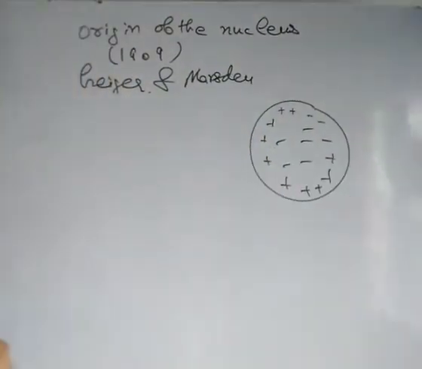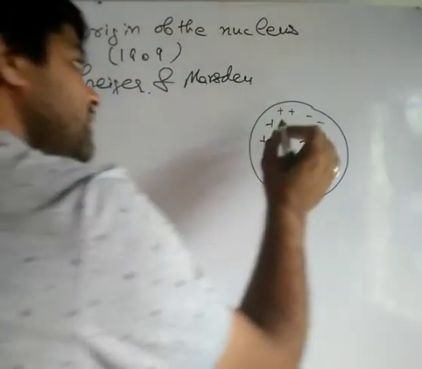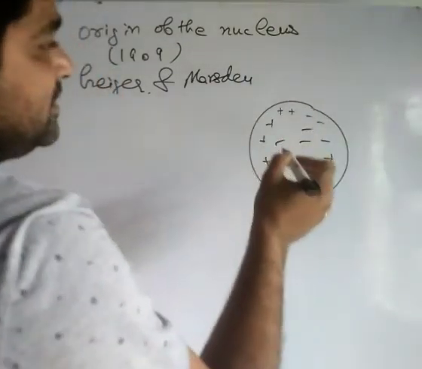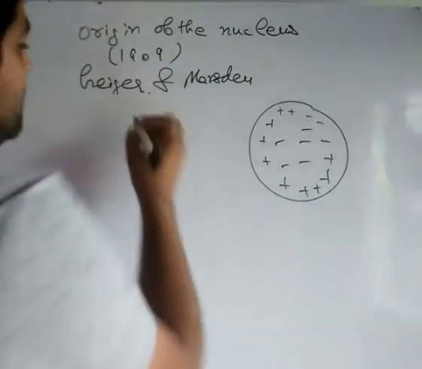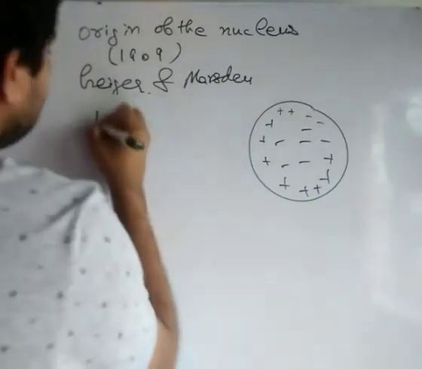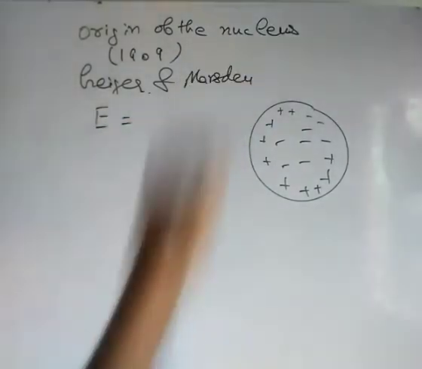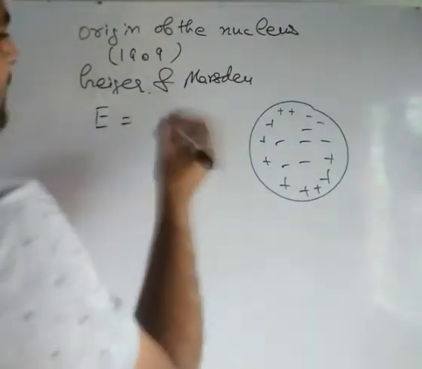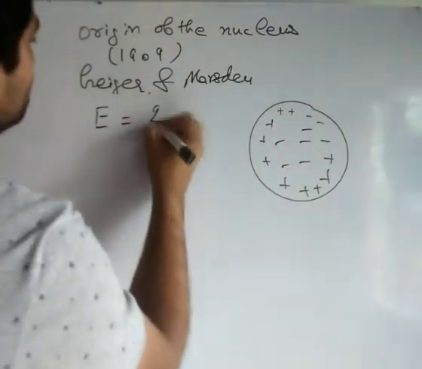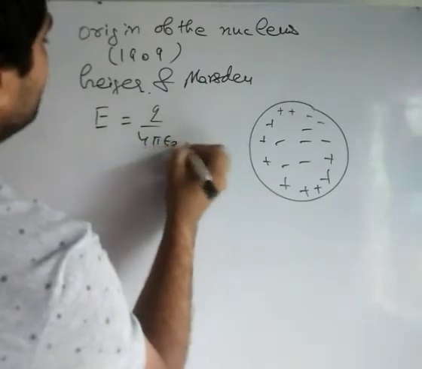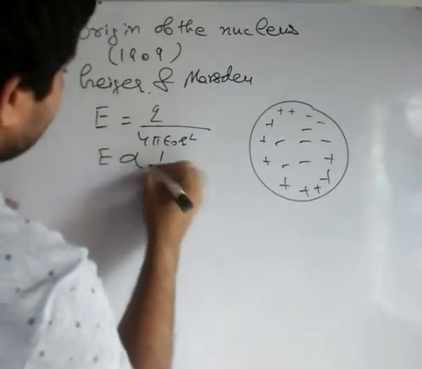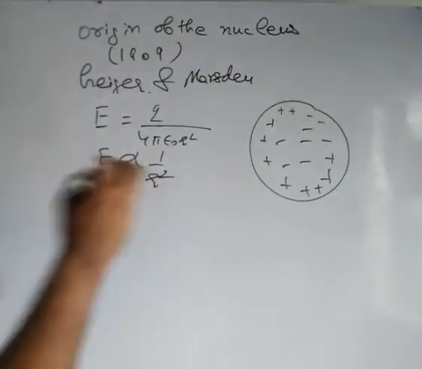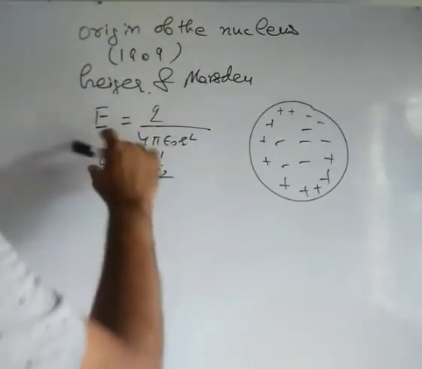Okay. So if you have a scattered charge, the scattered charge always produces a weak electric field, because you have studied electric field in your +2 in Coulomb's law. The electric field due to any charge is equal to Q upon 4 pi epsilon naught R square. It means the electric field is inversely proportional to the square of R. Okay, it means the larger the R, the smaller the electric field.